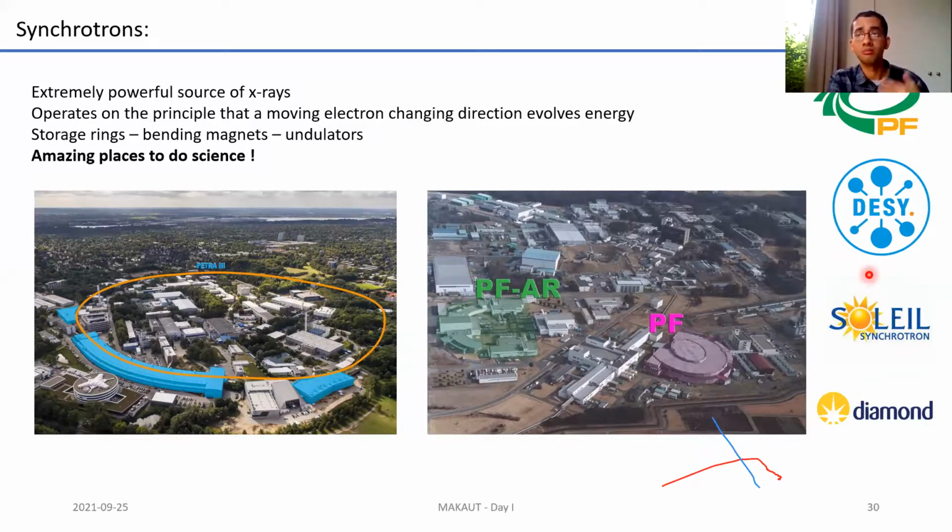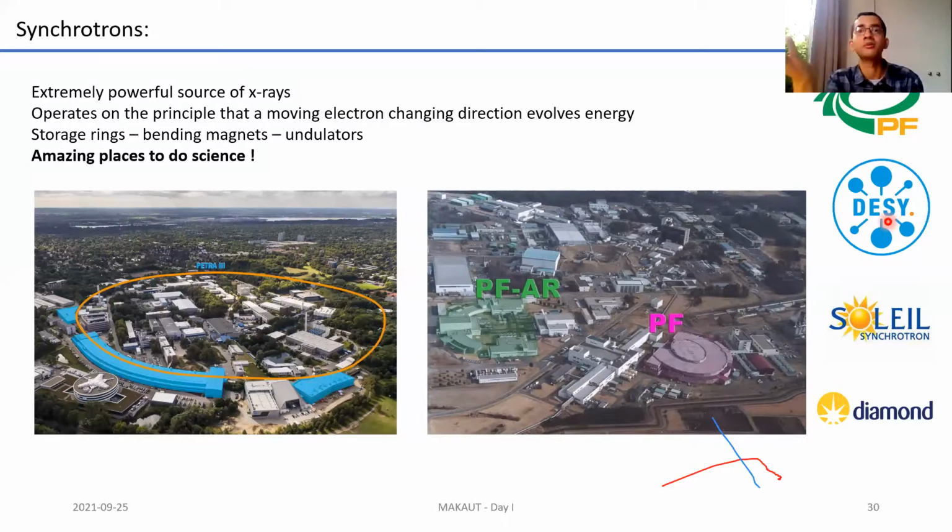All these are multinational facilities. If you're interested in performing an experiment from your research lab, you'd be happy to know that the government of India funds visits to all of these facilities. You don't need to spend a penny out of your pocket. You need to design your experiment, submit it to these people, and they do a thorough, rigorous evaluation.